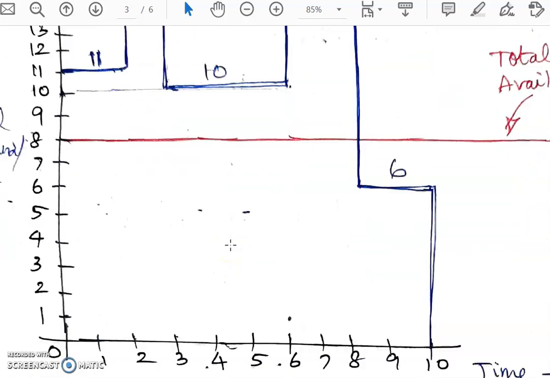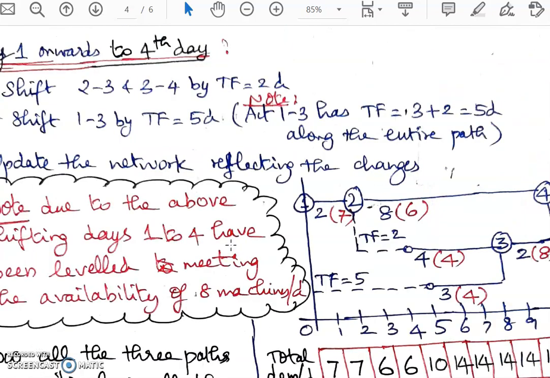In this resource leveling, we have to go for day by day balancing. Random picking is not possible. First we will use the floats of non-critical activities, shift them, and if that does not satisfy the condition of total demand per day being less than or equal to the total availability, we will have to extend the duration of critical activities, and thereby the project will get extended. So this is what we are going to do here.